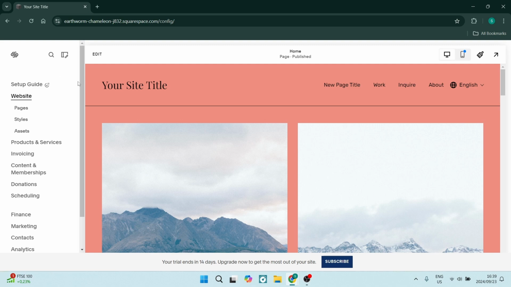If you'd like to add a portfolio page to a website in Squarespace, I'm going to show you everything you need to know in making sure that you can make the nicest looking portfolio. Let's get it done. So from your home page, you're going to go over to the left hand side and